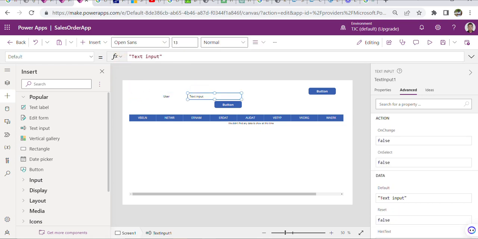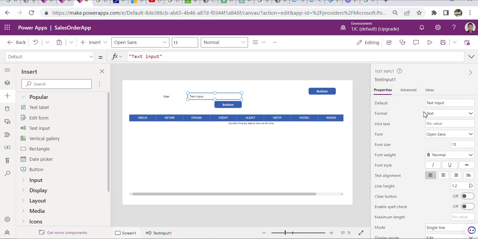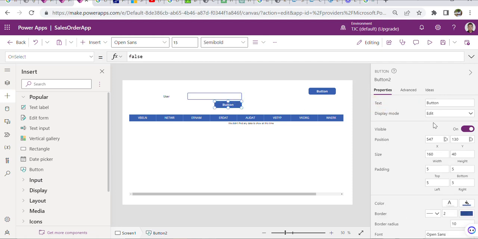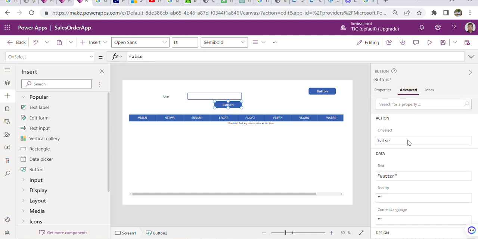Then the input is there. So the same way I can update the input field also. I can change the default value. If I want to keep it blank, I will keep it blank, and then the button. So whenever anyone clicks on the button, what should happen? It needs to be written here. If I click on it, it will open this